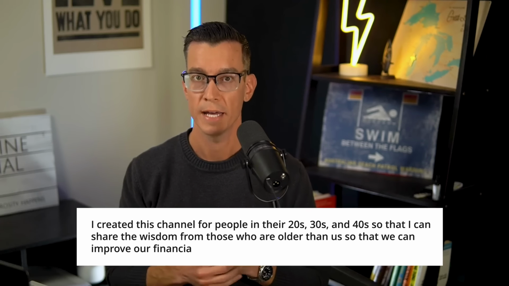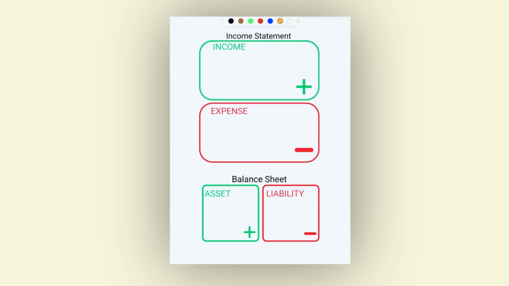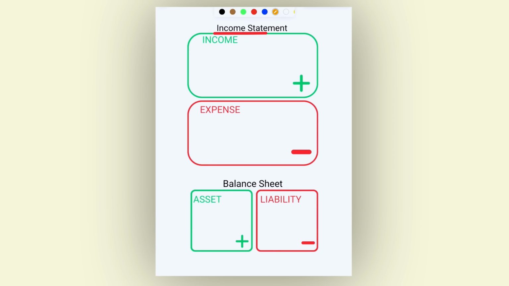And in order to apply this money model to our life, we need to first know two foundational money management terms. And here's the easiest way to understand them. It's the income statement up here and the balance sheet down here. I learned this from Robert Kiyosaki, and it changed how I manage money, and it's helped me increase my own net worth significantly. Now, when it comes to the income statement, that's simply what you make minus what you spend.